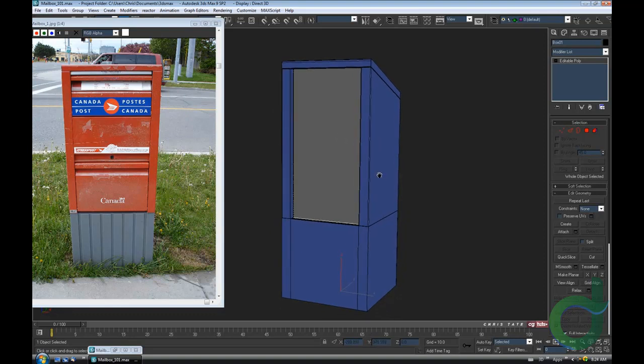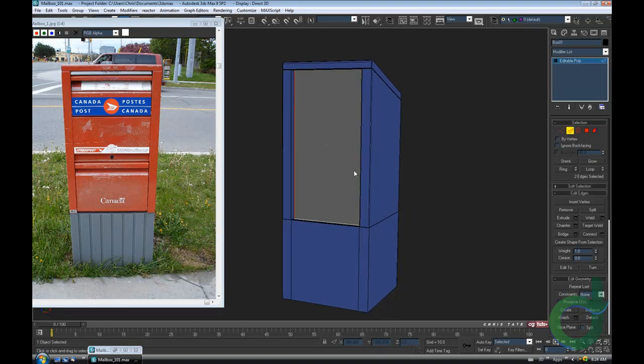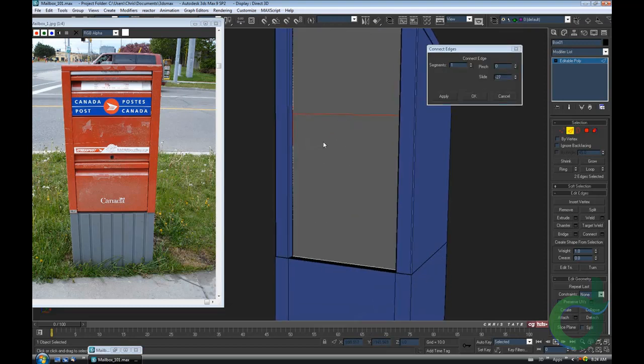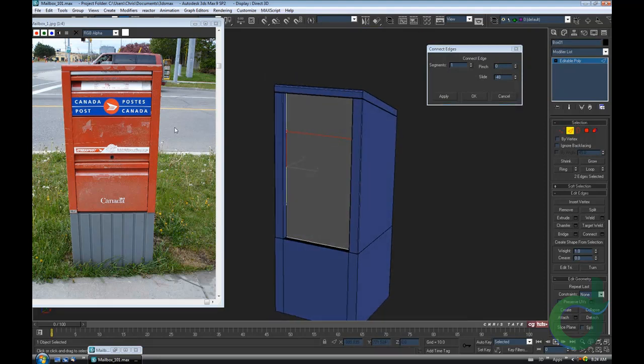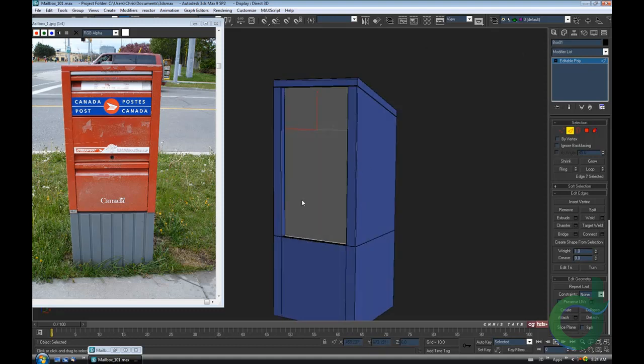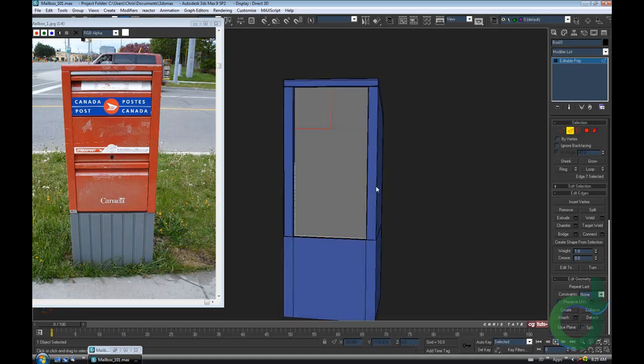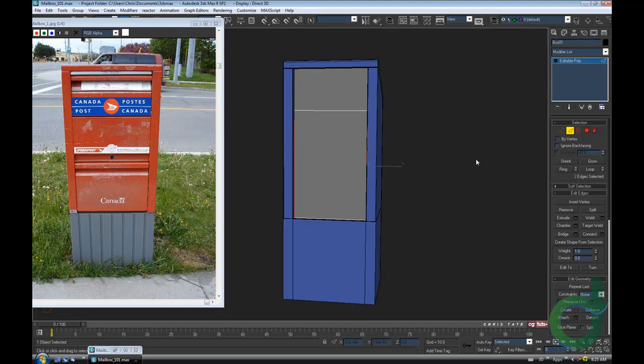Alright, so let's just select that face, go to edge, and I'm just going to drag through, grab both side edges, okay, and we'll just do a connect. Alright, and we'll figure out where we need to separate this top door here. Alright, so we'll do 1 segment, no pinch, and I'm just going to slide the loop up. Alright, I'm going to break it right here. So let's do maybe, we'll do negative 45 on the slide for now, and OK. And we can always adjust the height if we need to after. Okay, so we'll do that, and then we'll just repeat the process down here. Alright, so grab those 2,